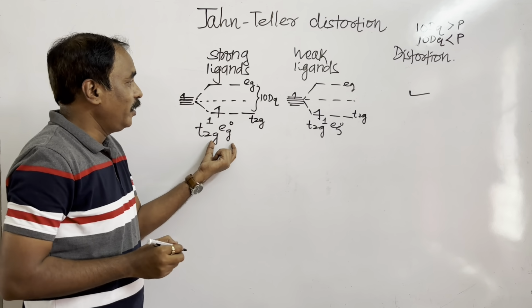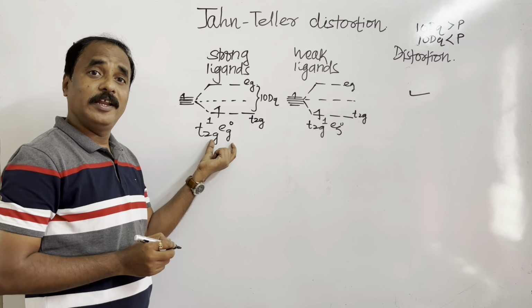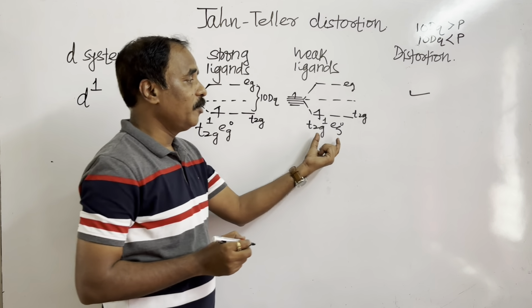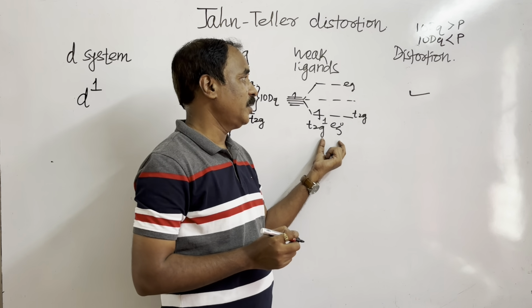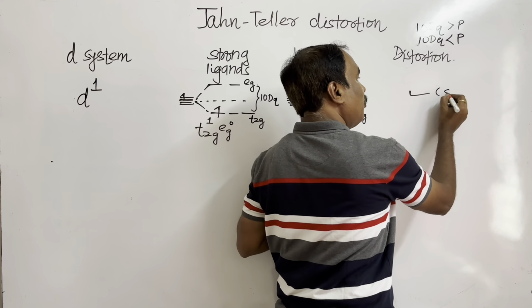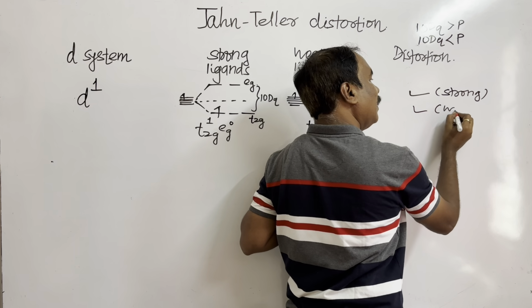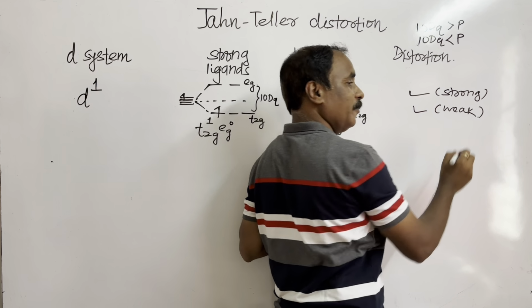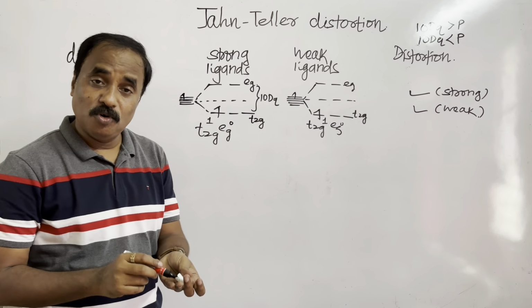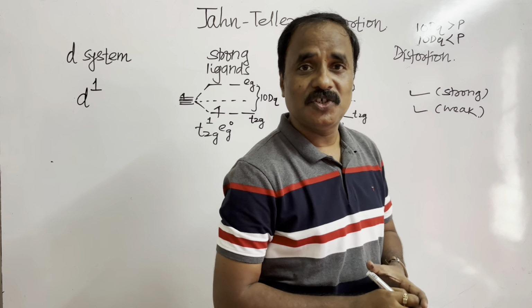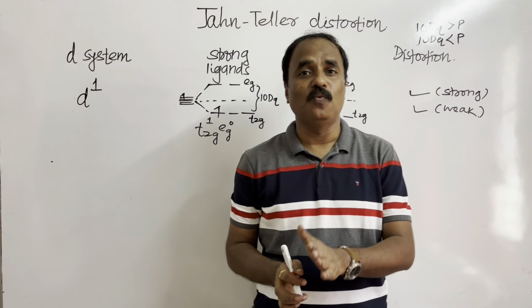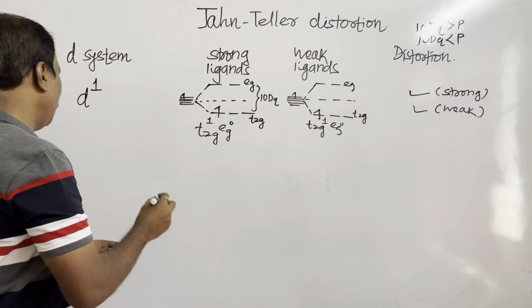सो यहाँ पर ज्योमेट्री डिस्टॉर्टेड है, अनसिमेट्रिकल इलेक्ट्रॉनिक कॉन्फ़िगरेशन. यहाँ पर भी अनसिमेट्रिकल इलेक्ट्रॉनिक कॉन्फ़िगरेशन है. So strong ligand में भी distortion होगा, and when there is an attack of weak ligands, there is a distortion in geometry, because in both cases electronic configuration is unsymmetrical, that is t2g1. Now I will take d2 system,